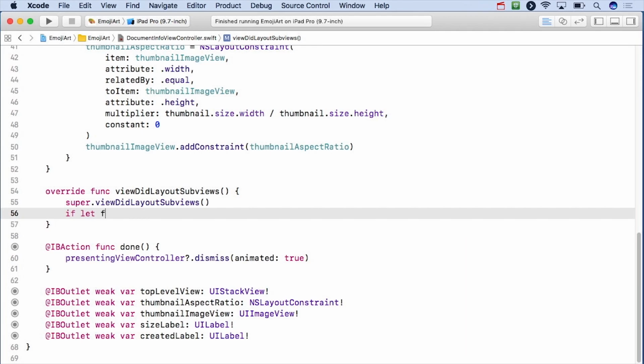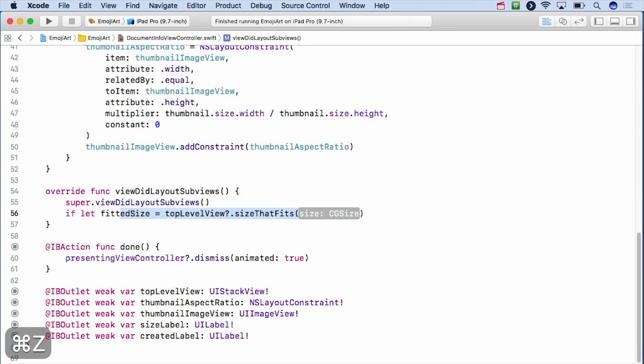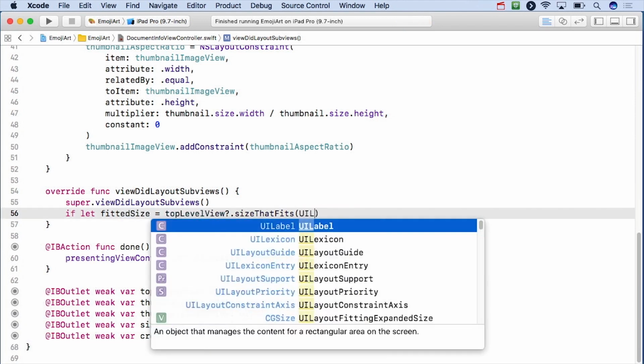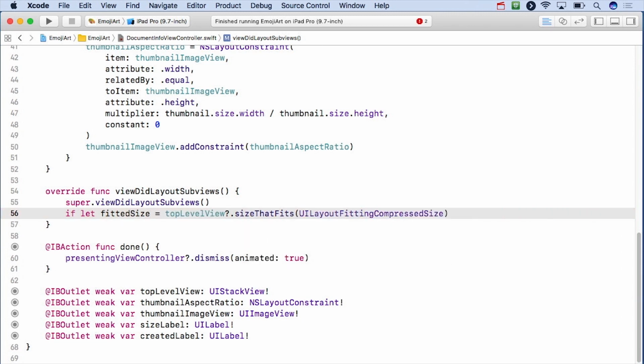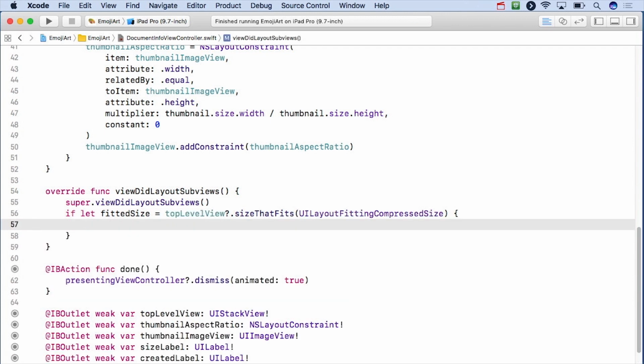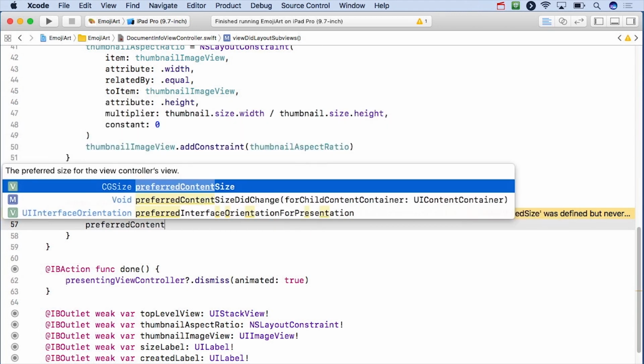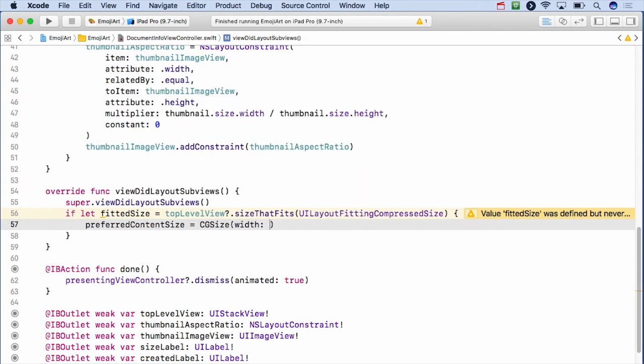So here's how it works. I'm going to say if let fittedSize equal my topLevelView, that top level stack view thing, sizeThatFits, and the smallest possible size is UILayoutFittingCompressedSize. You can see here there are the two magic ones, expanded size and compressed size. Compressed size is the one I want. This is essentially saying go do auto layout and see the smallest possible size you can be. If I'm able to do that, which I will be if my outlet has been set, then I'm going to set my preferred content size equal to a CGSize, which is width of that fittedSize,